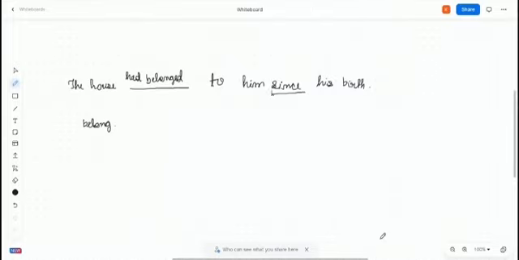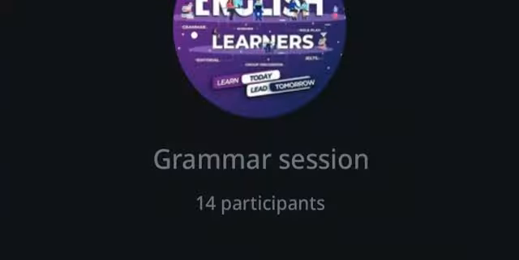But here the house still belongs to him, right? I mean, it's not like somebody has taken the house, isn't it? Yes, you are correct. But the thing is that I already mentioned this. In case of grammar, you cannot use these things. You have to see the whole sentence. After that, you can make it. I mean, grammar is objective.